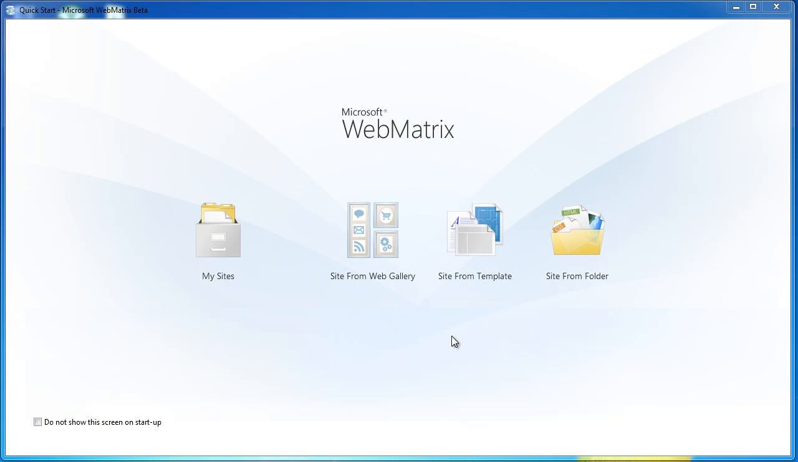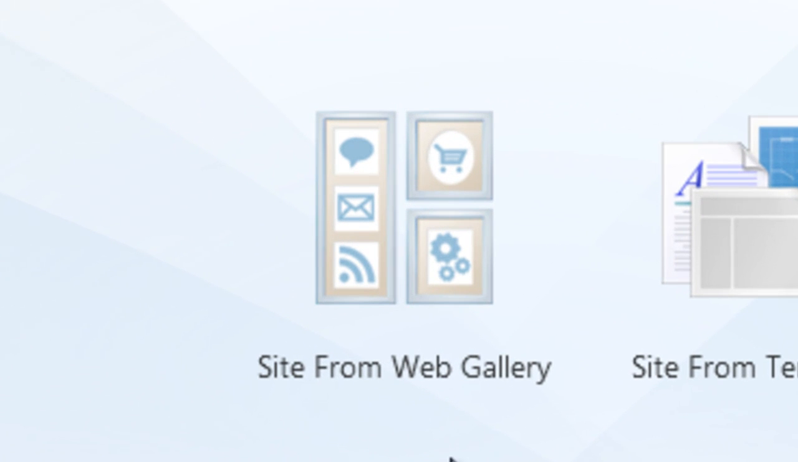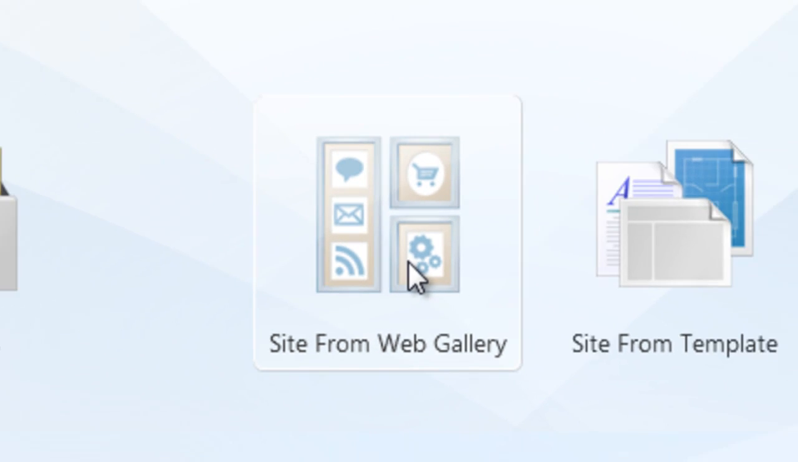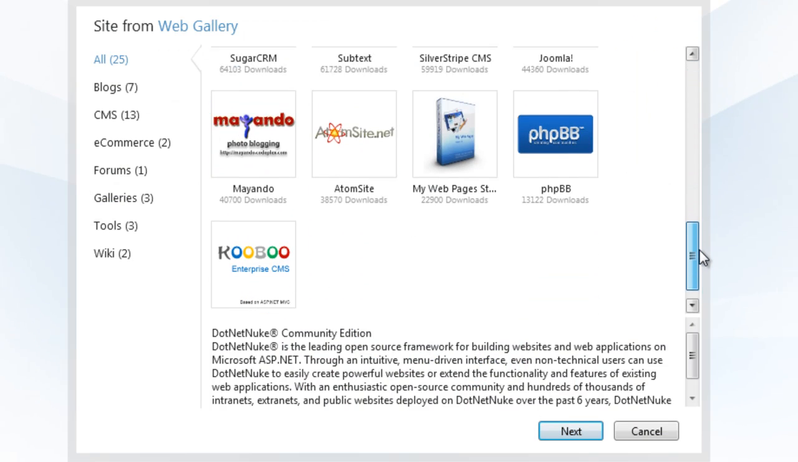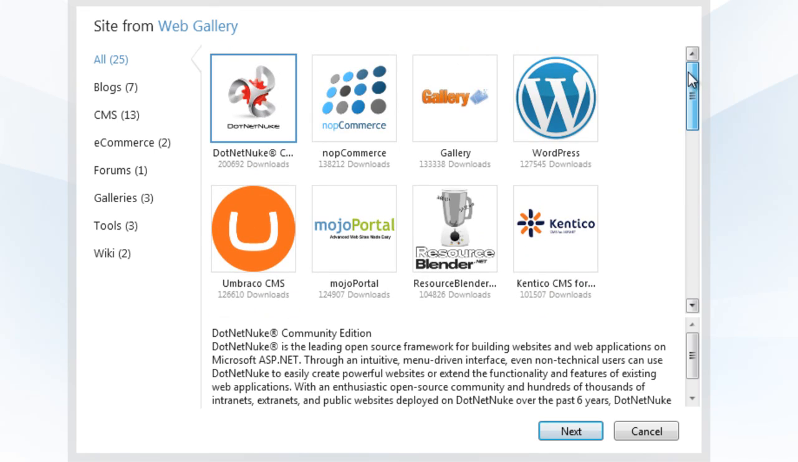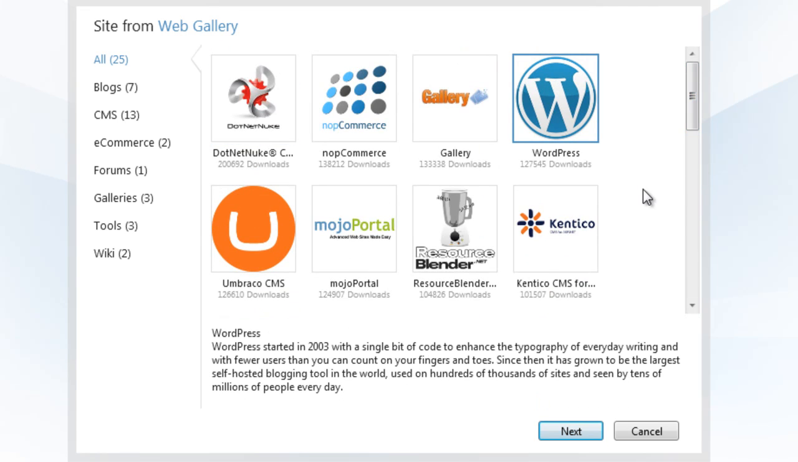After installing WebMatrix and after running it for the first time, you'll see a dialog like this one. This is the one that allows you to pick how you're going to create your sites. What we're going to be looking at today is how you can create a site from a web gallery. The web gallery, as you can see, is a number of open source web applications. With WebMatrix, all you have to do is select the application that you want, in this case WordPress, and select